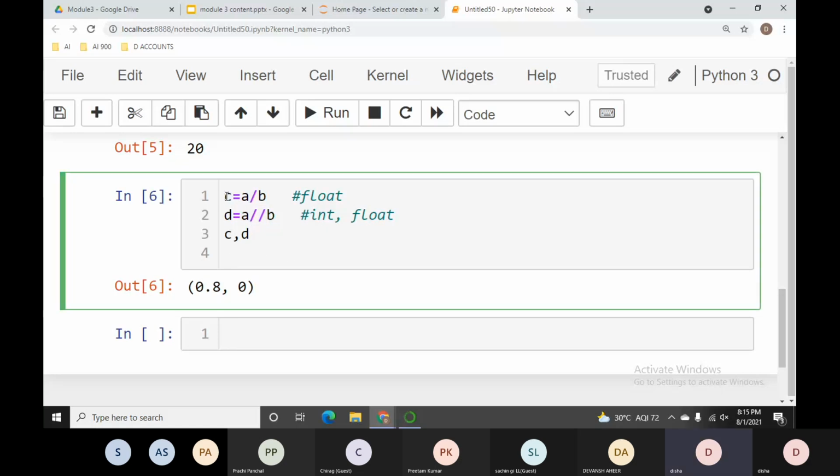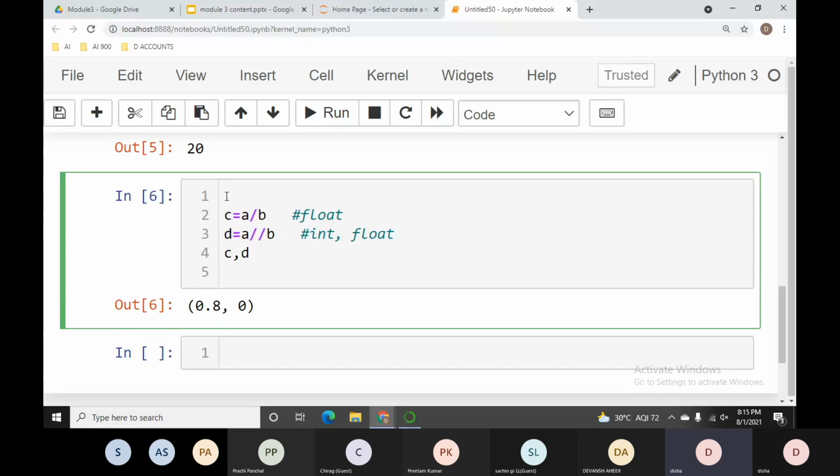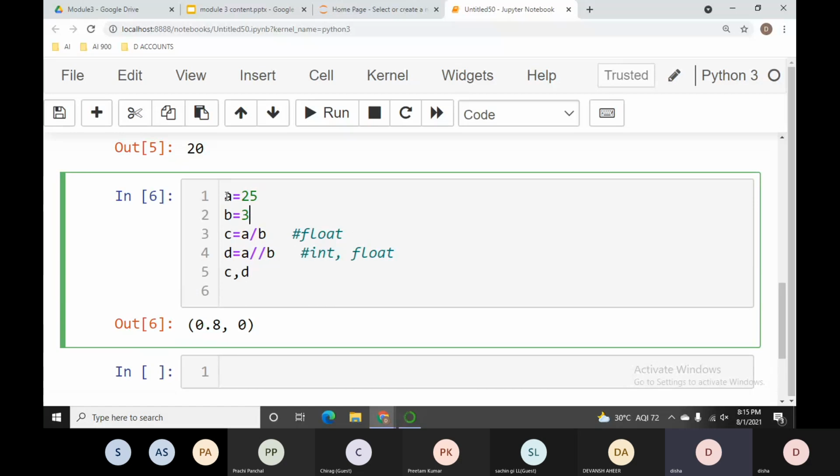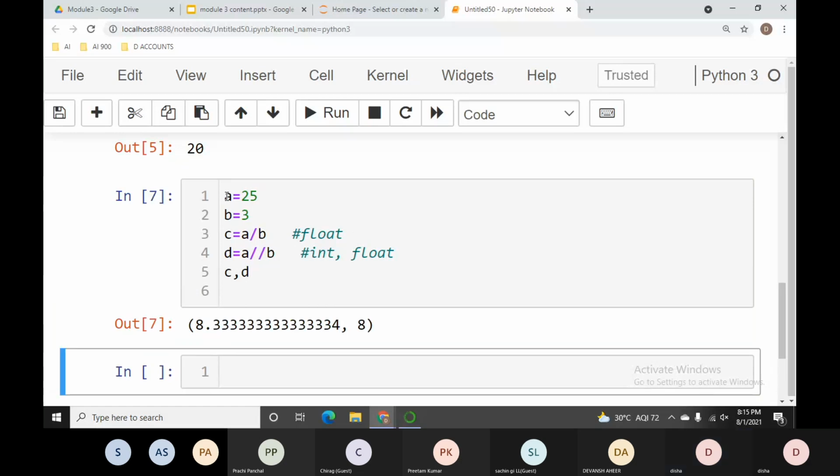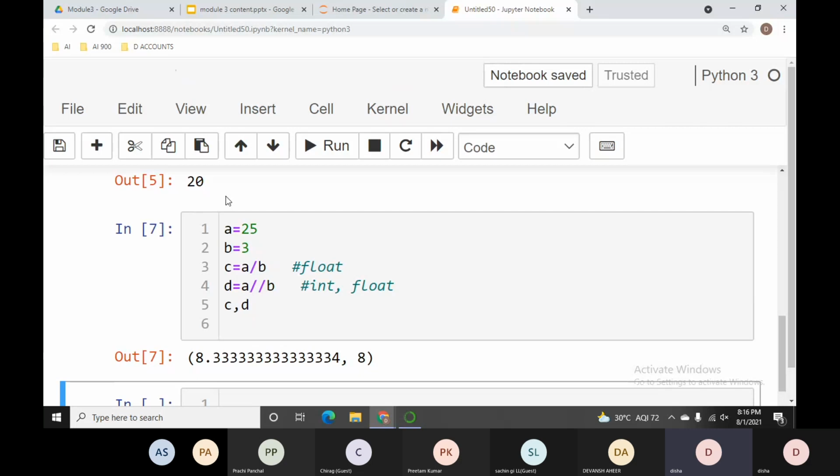You can see that I said A is 25 and B is 3. So let's see 25 by 3 by using the division operator, because the division operator and your float division operator both are used for division and to find the quotient.